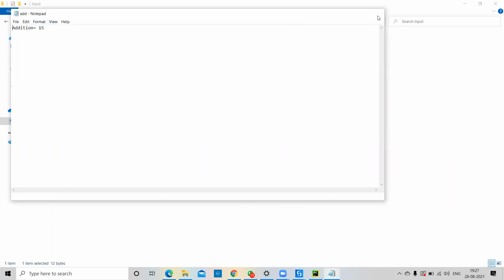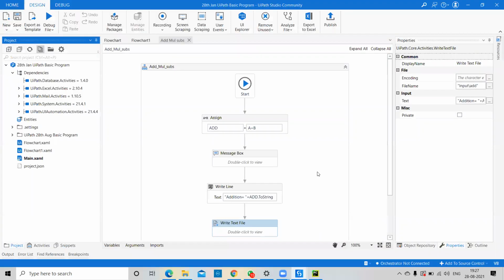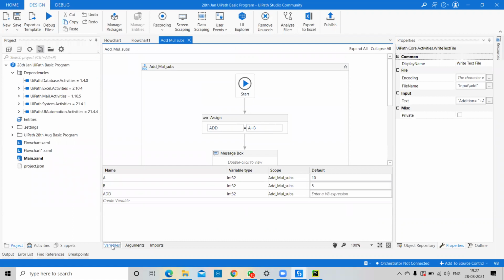Okay, right now we have done the addition, but try to understand: if only one data is required, that's fine, we have done add equal to a plus i. But if more than 10 operations are required, addition, multiplication, subtraction, division, multiple things, then what will we do? I will tell you. Right now, whatever data you can see here, I passed 10 and 5; that is fixed, I have defined it as static data.